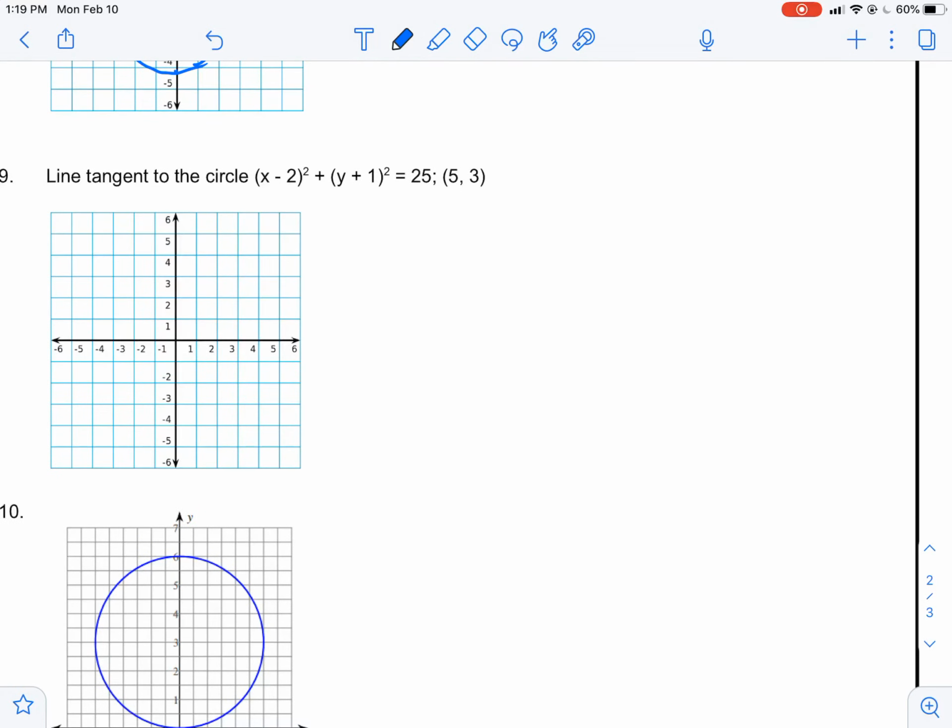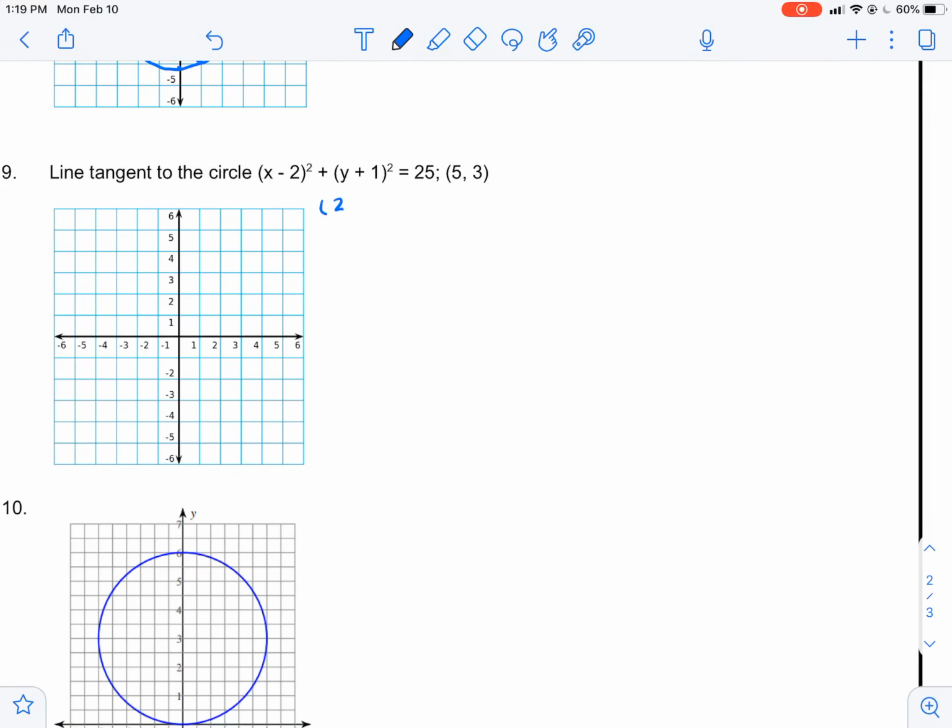Now this one, it says the line tangent to the circle. So this time they're going to give me the equation. So it is at 2. So my center would be at (2, -1). It's going to have a radius of 5. So (2, -1). It has a radius of 5. 1, 2, 3, 4. I did not put a big enough piece of graph paper on here. 1, 2, 3, 4, 5. Did I count that good? There we go. 1, 2, 3, 4, 5. Okay. And so